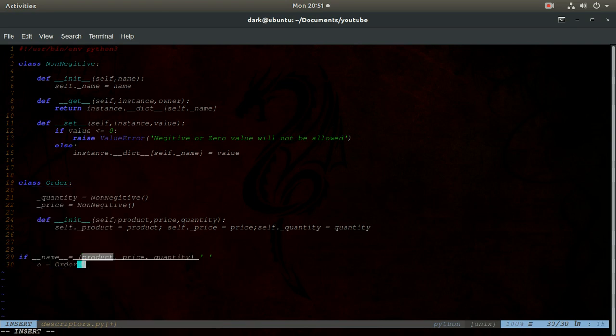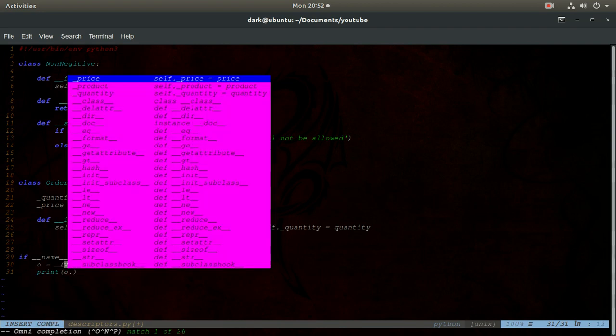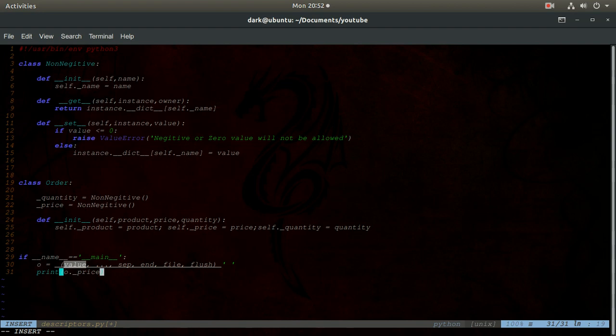Order of product is equal to laptops, and the price is equal to 1200, and the quantity I'll just give 12. I'll just print all of them. Price,